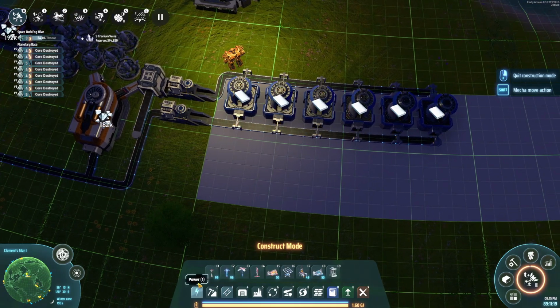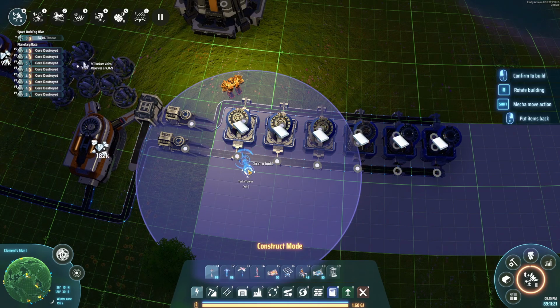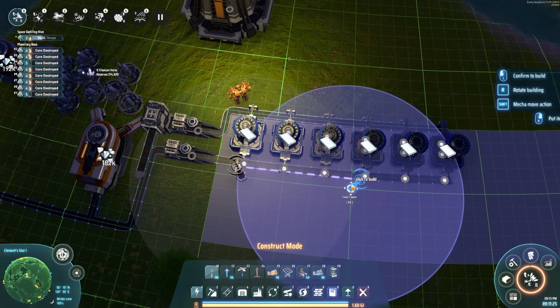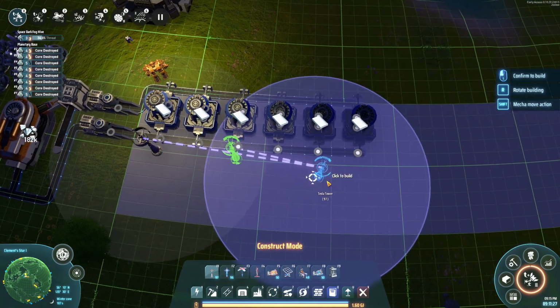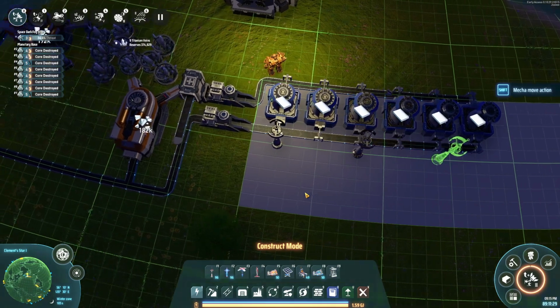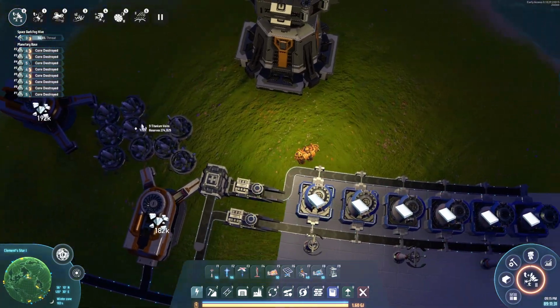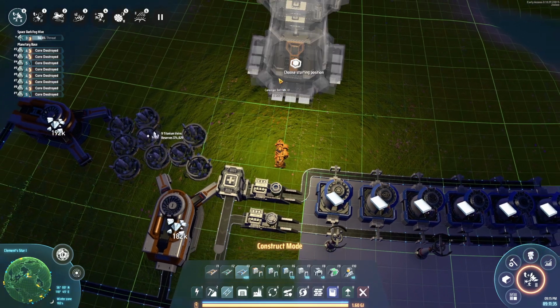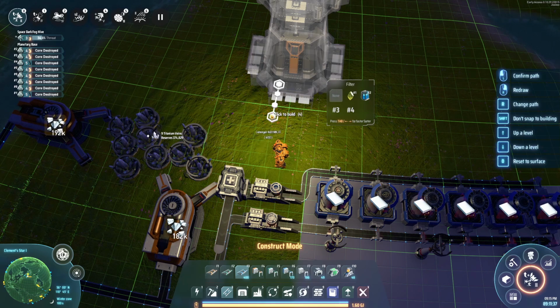Let's do power first. We'll cover kind of everything we need to. I guess we'll just go like that. And then we'll put another one every 2. That should cover everything. Okay. So now the question becomes, how do we get the organic crystals out? And I think those come from here. And then...